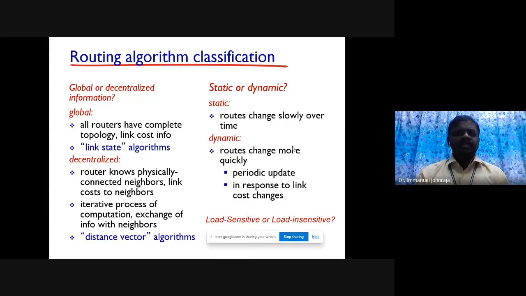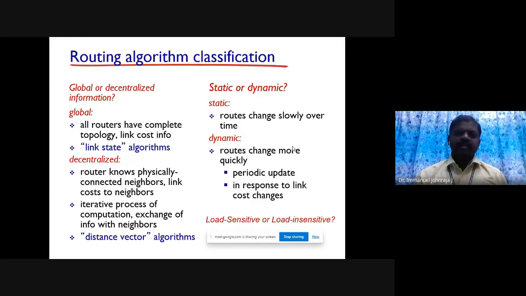In other words, fast convergence is given by the link state routing protocol compared to the distance vector routing protocol. Generally, the distance vector routing protocol goes for periodic updates, whereas the link state routing protocol goes for triggered updates. But even in EIGRP, we go for triggered updates. That's the improvement in the DVRP. Yeah, these are the fundamental differences between the link state routing protocol and the distance vector routing protocol.